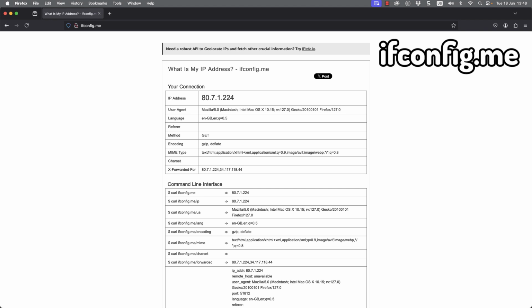But we could also get this explicitly by using /ip. And our documentation is shown really with the command line interface. So ifconfig.me by itself is going to return just the IP address in the same way as we use /ip. If we wanted the user agent, we would put in /ua and so forth with the documentation.